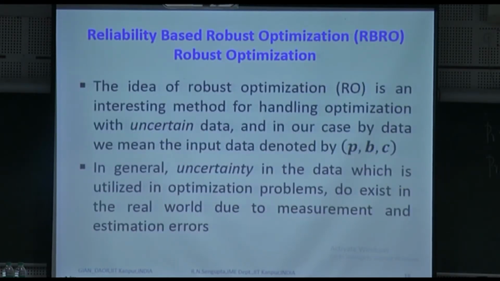Now I'll just consider the robust optimization framework. The main difference between robust optimization and the reliability based framework is that in the reliability framework you need to consider some distribution for X and P. In robust optimization you need not consider any distribution. You need to consider a nominal value, which in general you take as the mean value of the set of random variables, nothing else. So they are distribution free.